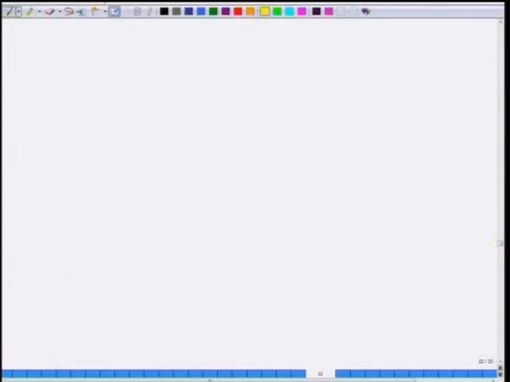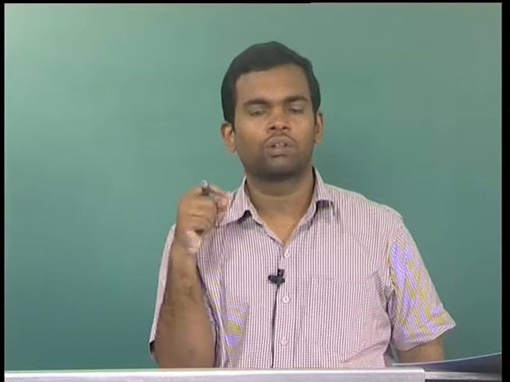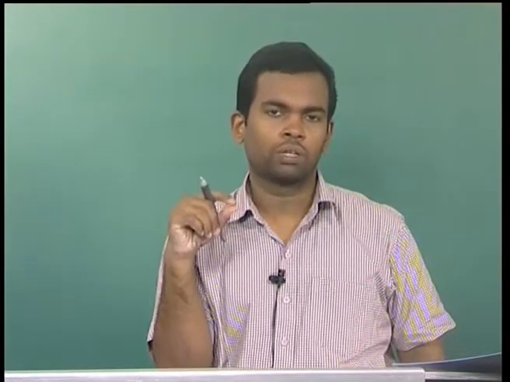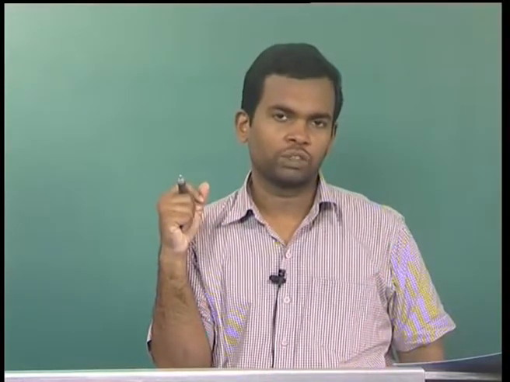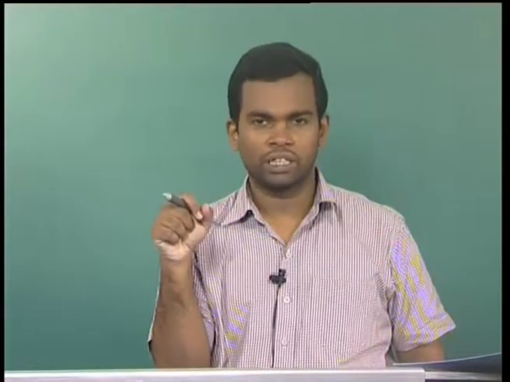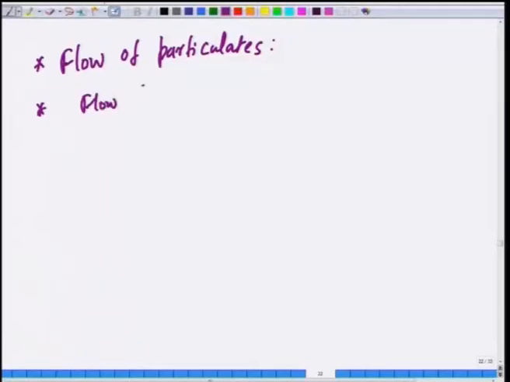Now, after we finished boundary layer theory, we moved to flow of particulates and fluids, and we moved to applications closer to chemical engineering. Flow of particulates: we discussed settling of particles and how that is used in finding the minimum diameter that can be captured in a settling chamber. Okay. That is one application we did. We also found that we can derive the terminal settling velocity of a sphere, be it in a gravitational field or in a centrifugal field. So, that is one thing that we discussed, and then we discussed flow through packed beds,